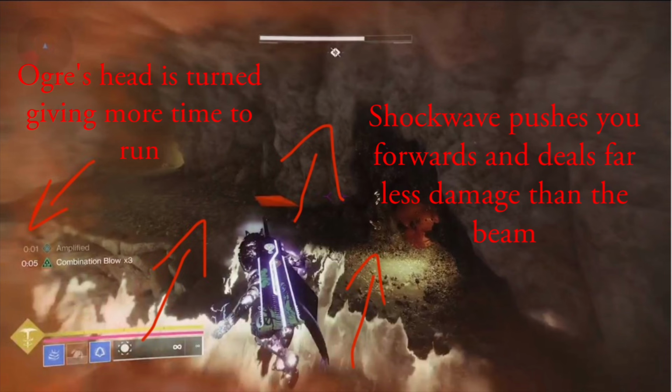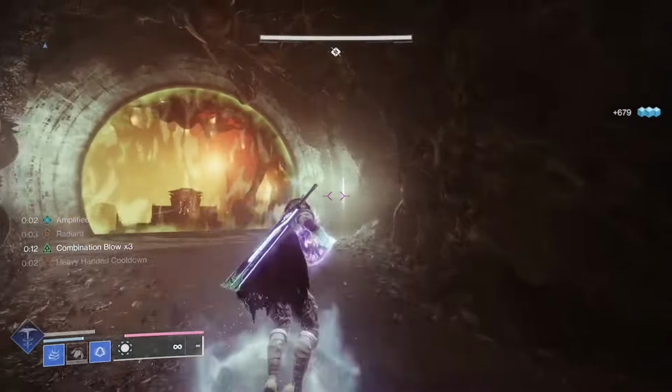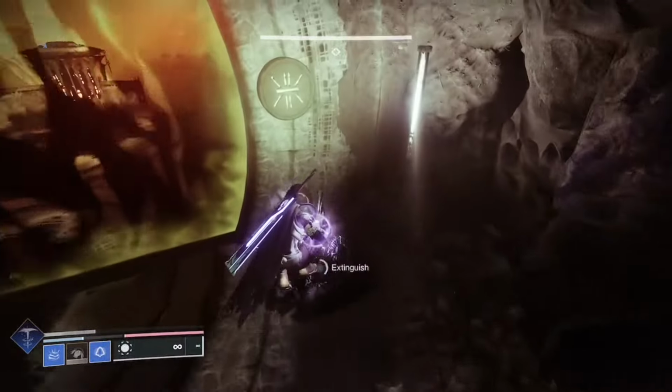On top of the boost giving you more time to run, the ogre's head will also be turned towards the direction you were originally coming from. So after his slight attack cooldown after the stomp, it'll take an extra second for him to turn around, giving you even more time to run. That's pretty much all I have for second encounter, so let's move on to...